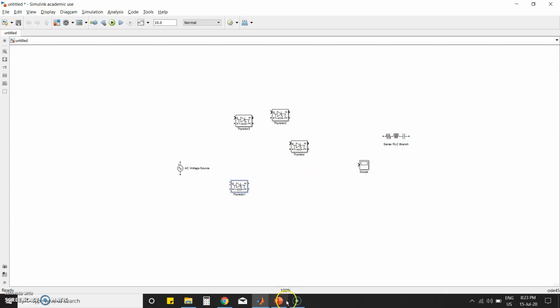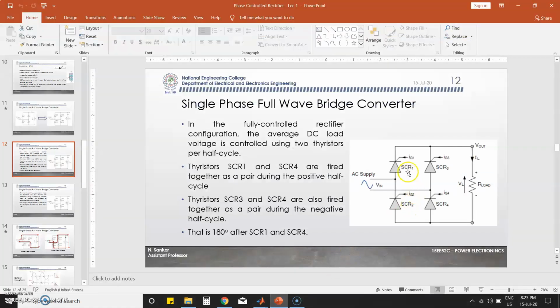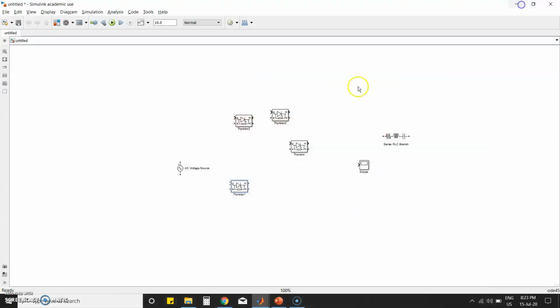As per your circuit diagram, this is your anode, this is your cathode, and this is the gate. To rotate a block, if you press Control R, it will rotate. So just change the orientation like this.